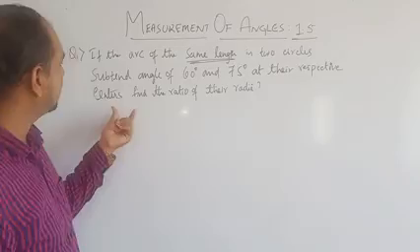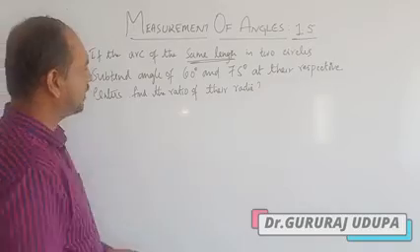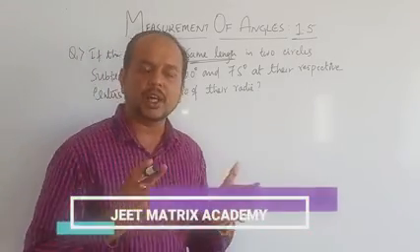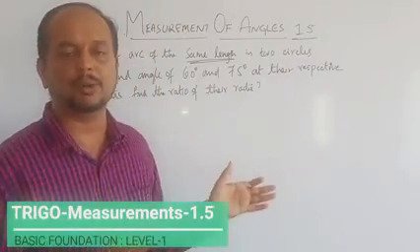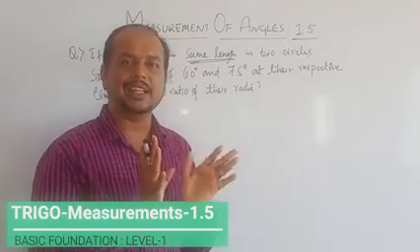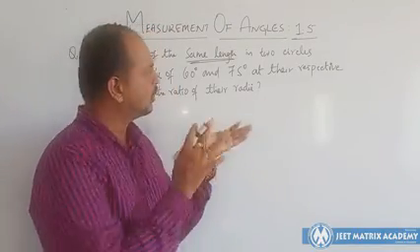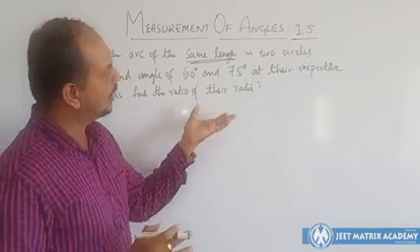In two circles subtend an angle of 60 degrees and 75 degrees at their respective centers, find the ratio of their radii. This is the kind of problem you could expect in competitive exams, but remember this is a basic, simple problem. A similar kind they might have asked. The concept might be the same, the question might have a little bit of a twist, but we'll discuss this problem very systematically.